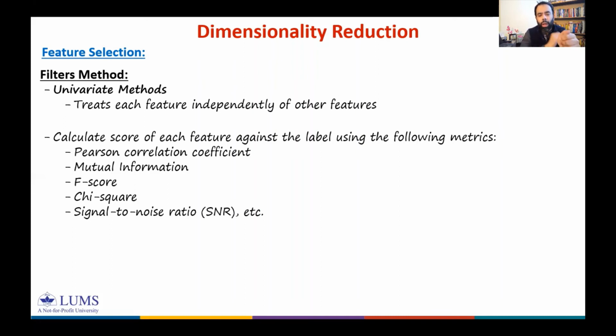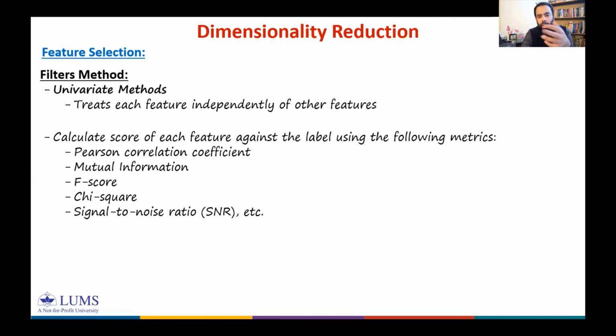So in this way, we will have scores for all the features in the input feature space. Once I have assigned scores to every feature, the next step is, because I want to select k features out of d features,